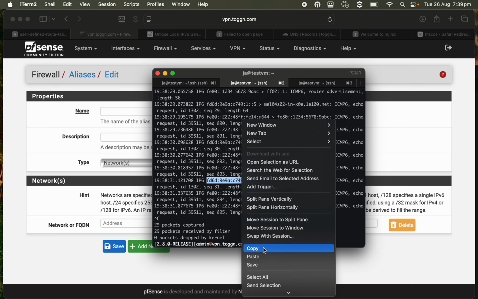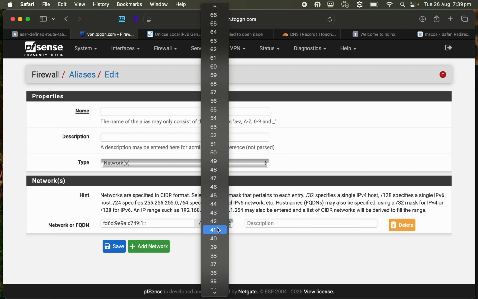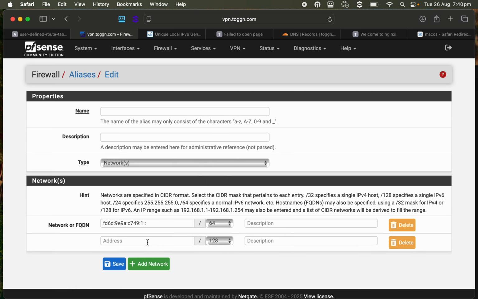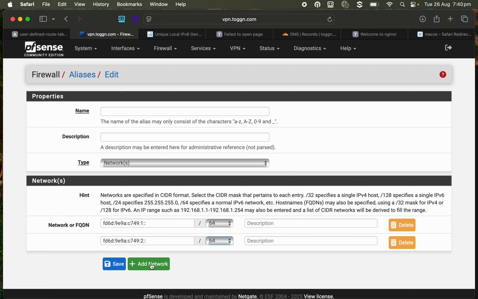Copy. And I want to say 64. And want to add another one. I think there's a couple of networks, but we're just going to say for whichever networks you want to be able to, you might call it subnets IPv6,